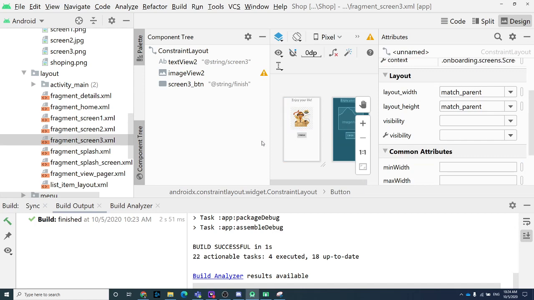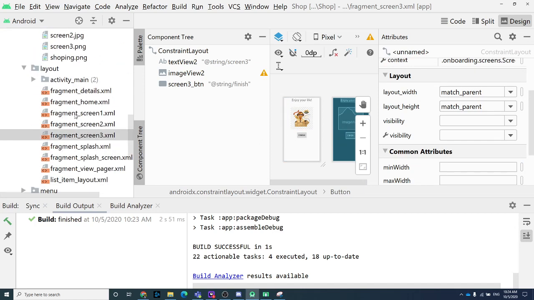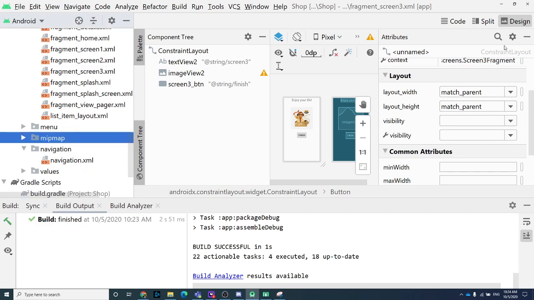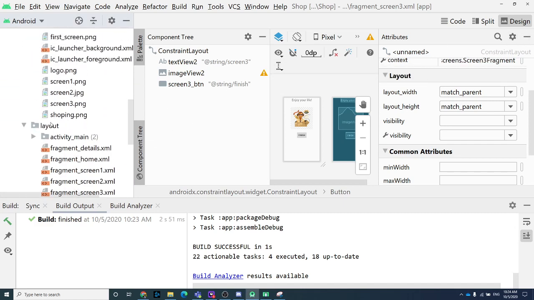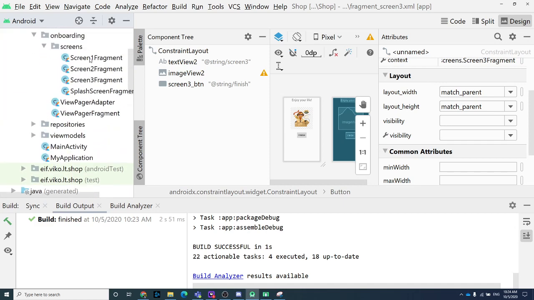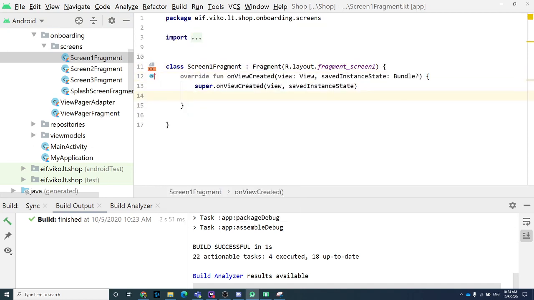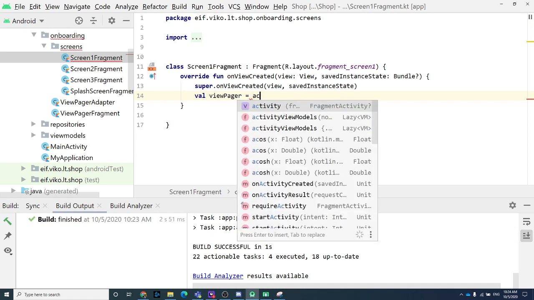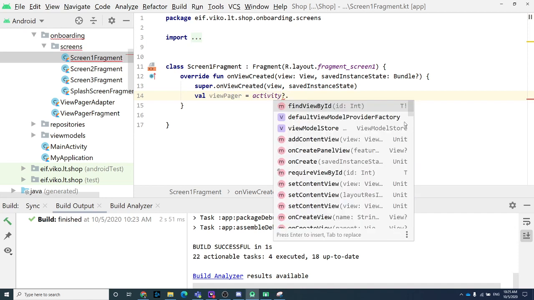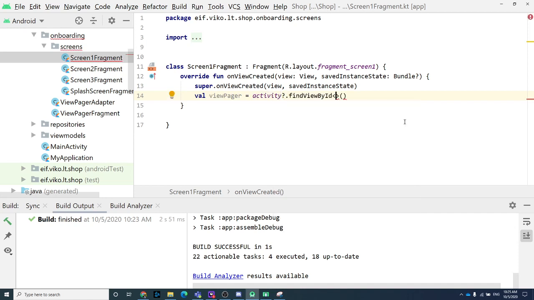Finish. How to implement this functionality for the button? It's basically the basic tasks for Fragment. Go to the splash screen first, and in onViewCreated, for the first screen, create a Viewpager. For the Viewpager you need to create activity, not null, findViewById,